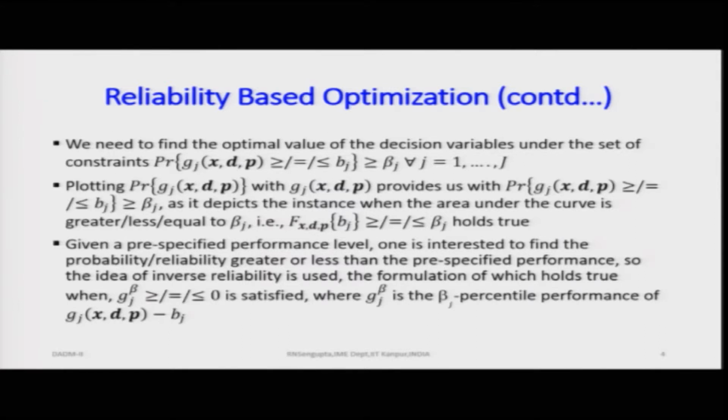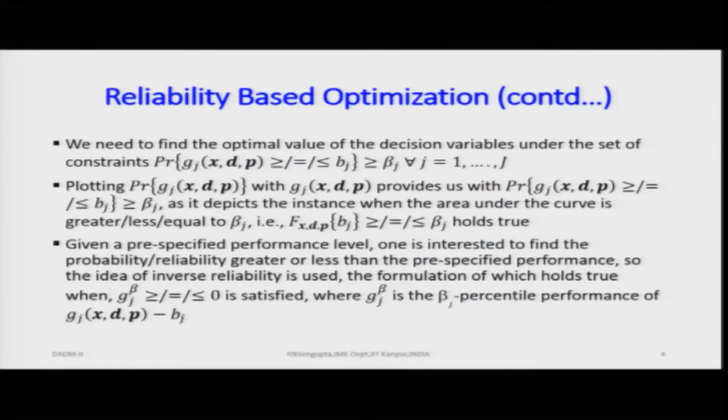In this G, which is the constraint, I am not mentioning the j because j would be the number of the constraint. So, G to the power beta is basically the beta_j percentile performance, or the value such that the constraint minus b_j, which is on the right hand side, would be greater than or equal to 0. So, you are trying to simulate and find out for which values that constraint minus the right hand side would be greater than or equal to 0, such that you will report those values and do the calculations accordingly.